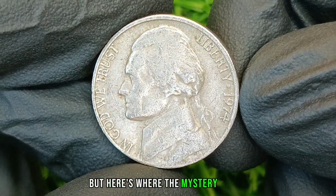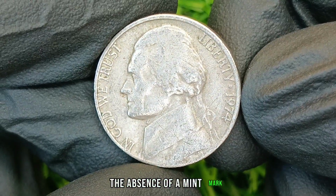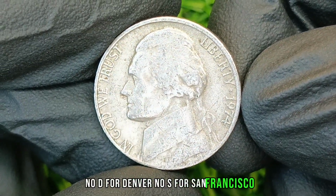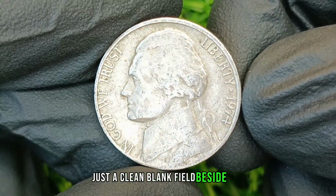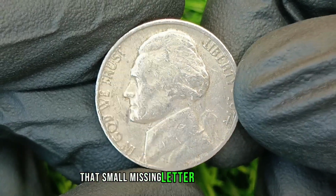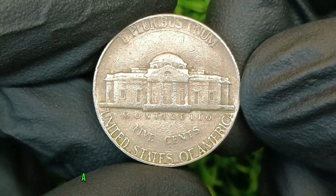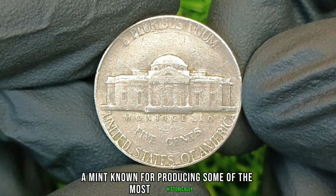But here's where the mystery begins: the absence of a mint mark. No D for Denver. No S for San Francisco. Just a clean, blank field beside the portrait. That small missing letter makes all the difference. It tells you this coin was struck in Philadelphia, a mint known for producing some of the most historically important